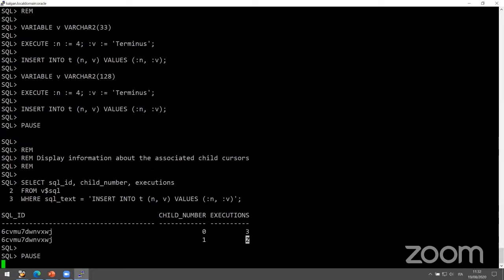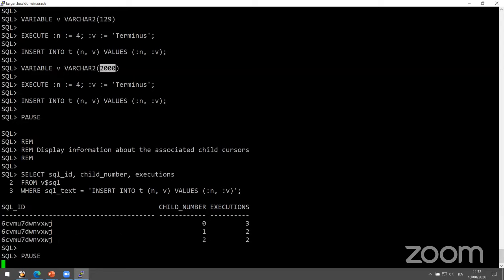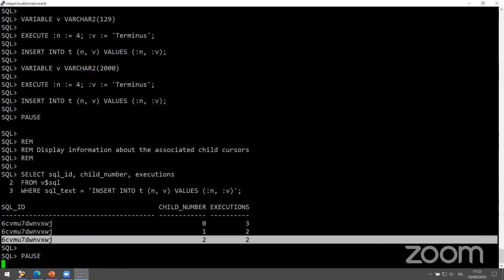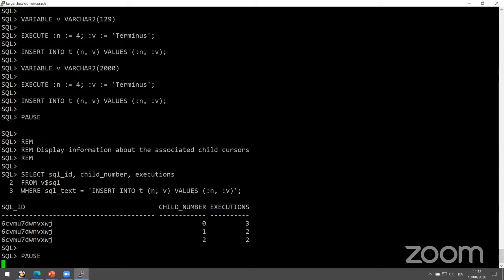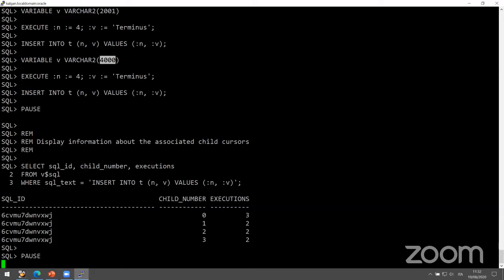And we keep increasing the size of the variable. Now 129, 2000, we execute it twice. Again, we get a new child cursor, even though, again, same statement, everything the same. But again, the size of the bind variables and their type is important. And if we execute an even larger one, and we stop at 4000 because it's the maximum here, we get a 4th